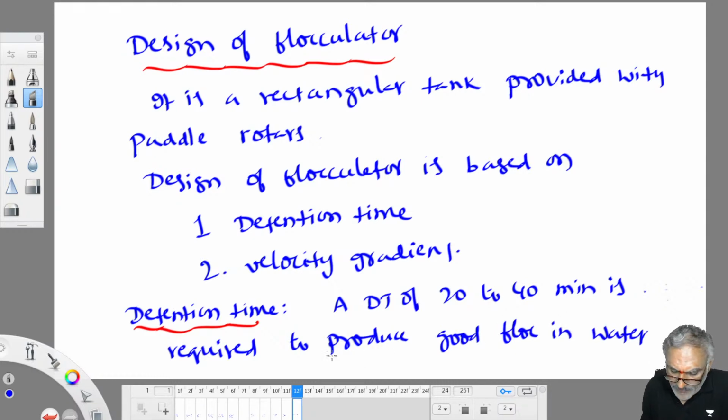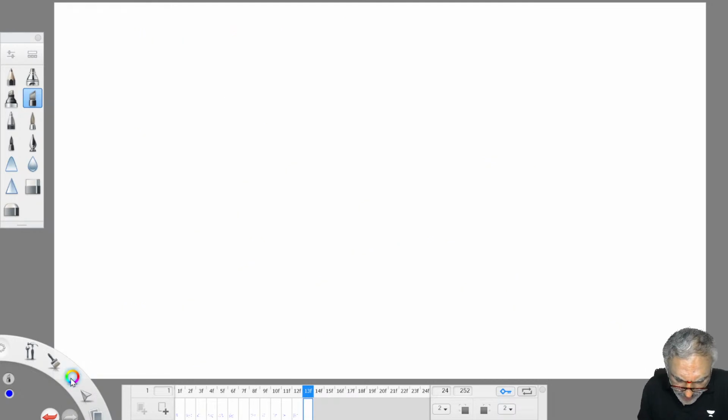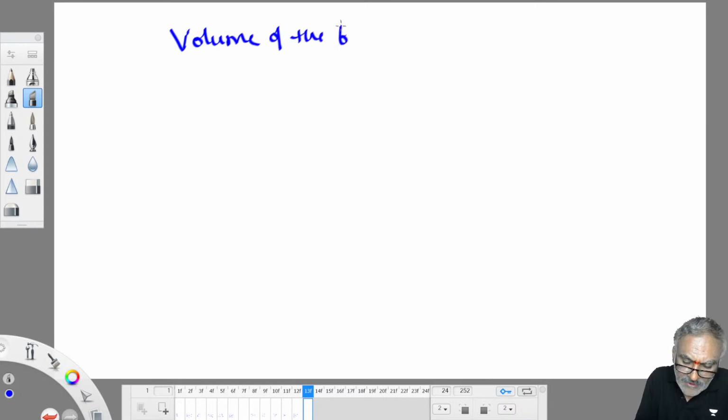So using detention time, what you can work out? Volume of the mixing basin, volume of the flocculator. Therefore, volume of the flocculator is equal to